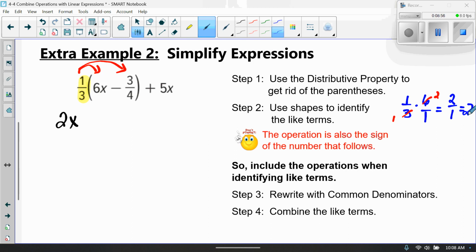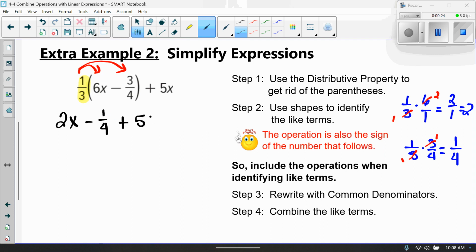And then we have 1/3 times 3/4. This one I'm going to show you on the side too. So 1/3 times 3/4. Now on this one, look at that. The 3's simplify to 1's, and that's going to give us 1/4. So over here, this is going to give us a negative 1/4